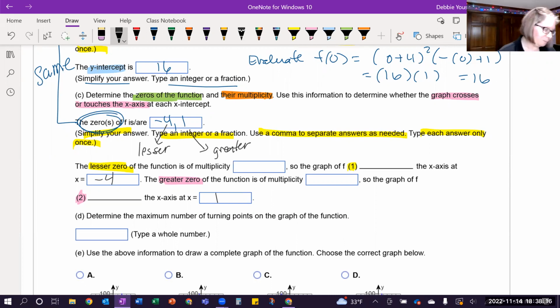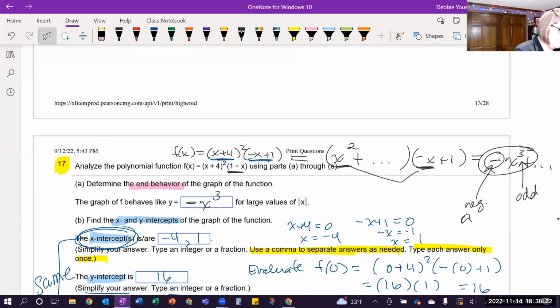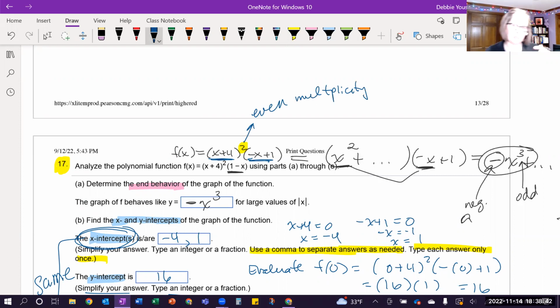So the multiplicity is the power on the factors. So back up here, I have a 2 on the factor of x plus 4. That gave us the 0 that was x equals -4. So its multiplicity is 2. That's even multiplicity. The -x plus 1 is the factor that gave us the 0 x equals 1. And so that, I'm going to write it, but it's invisible. There's a 1 there. And the 1 is an odd